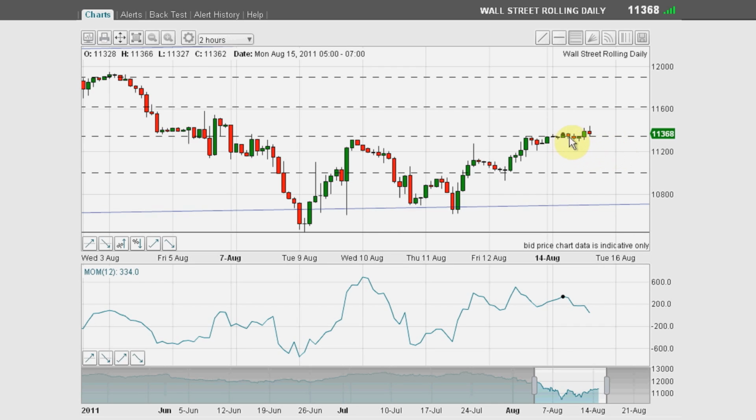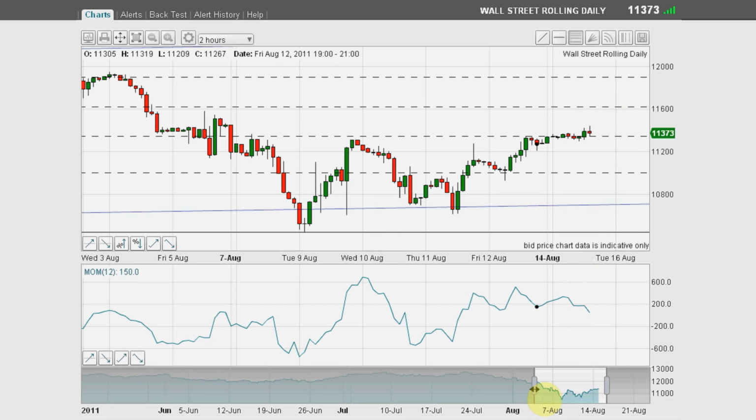So right away, this is massive resistance, and of course it's taking its time to decide what to do. So from a trading standpoint, you'd be shorting in this area here. You would be putting a stop somewhere in this region here using your 3% rule, and expecting a fall. Now, it may not fall, of course. The market may continue going up, so that would be the very next